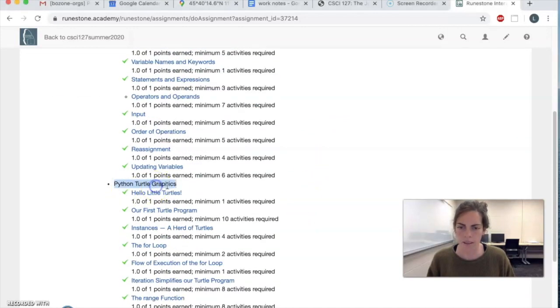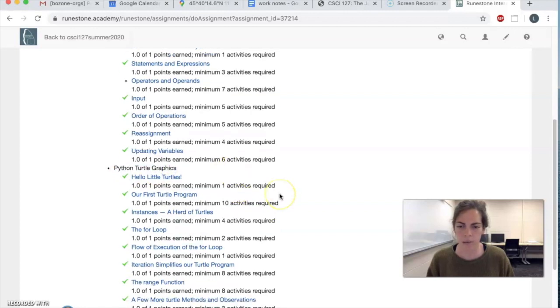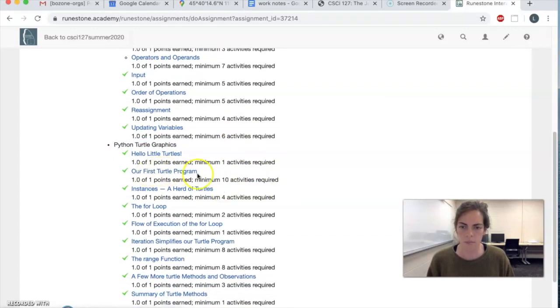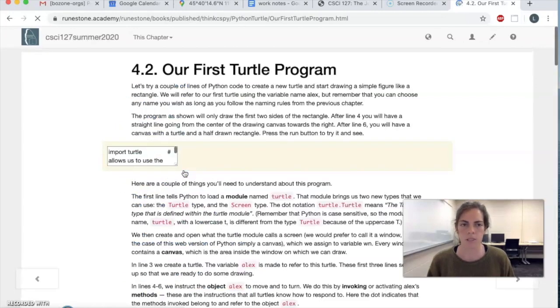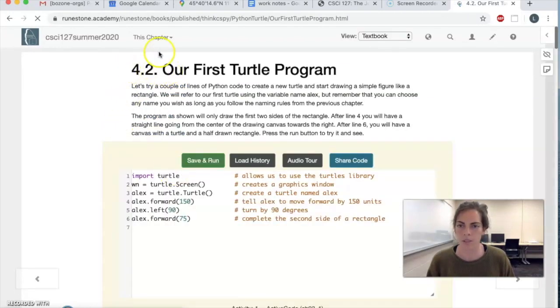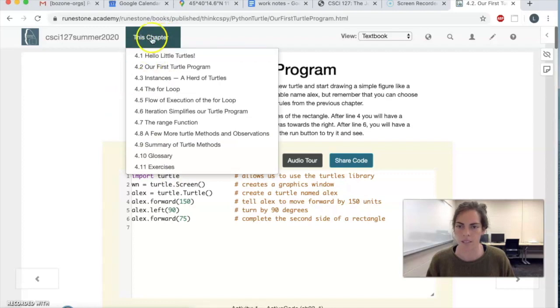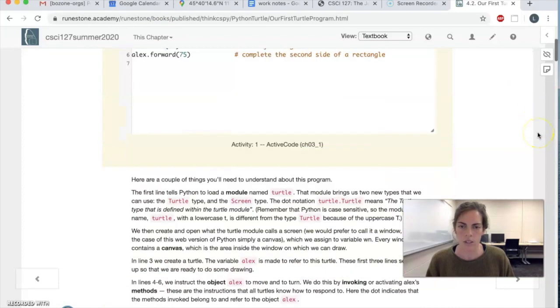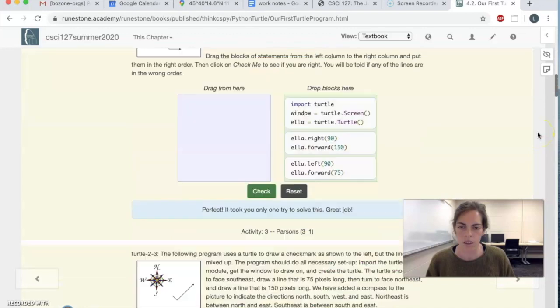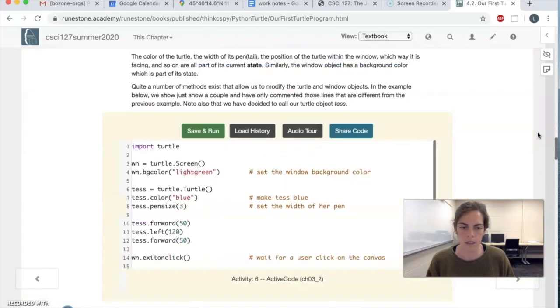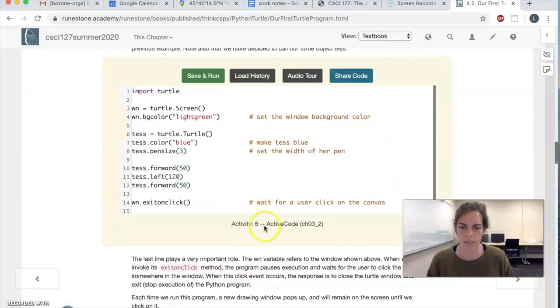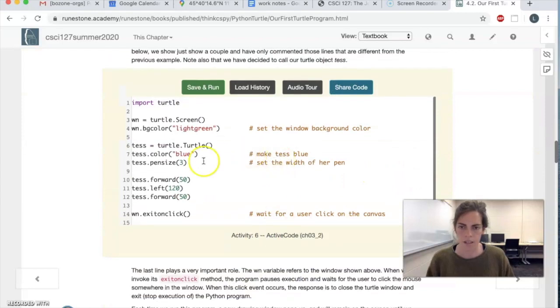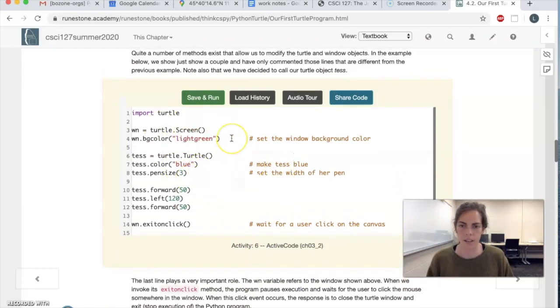So the exercise I'm going to work through is in the Python turtle graphics section of the book. It is in one of the assigned subsections in our first turtle program. So I'm just going to go there. This is 4.2. We can see it's in chapter 4. The activity that I wanted to work through is activity 6. And in this activity, we start out